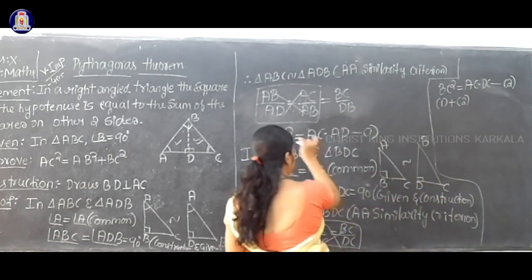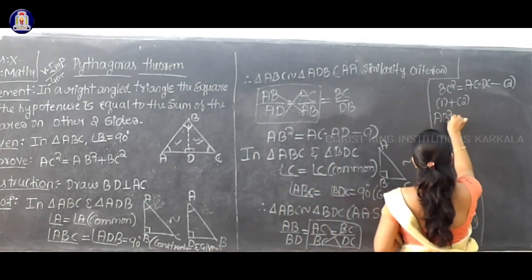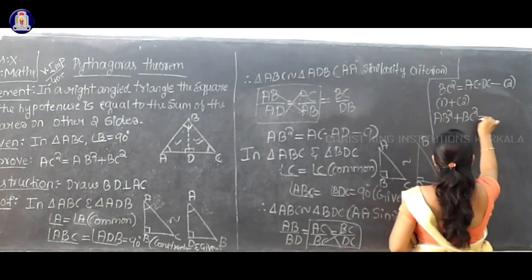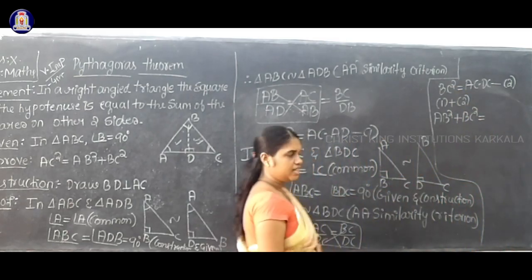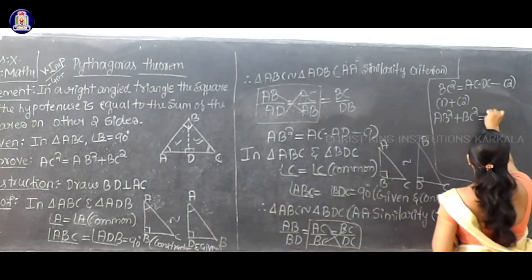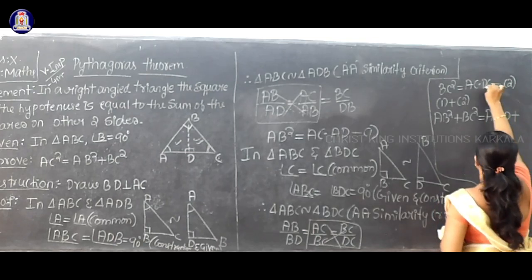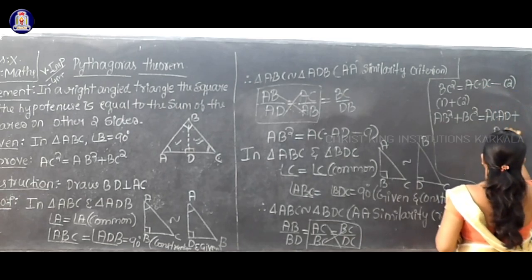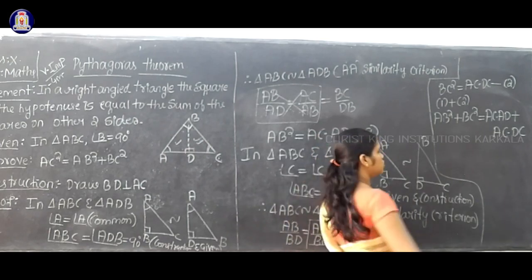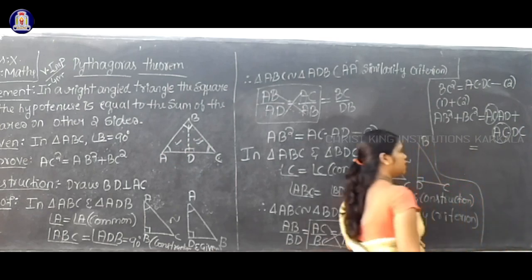Okay, so first write the left hand side. What is the left hand side? AB square, left hand side of equation number 1 plus left hand side of equation number 2, that is BC square. Now take the right hand side. What is the right hand side of equation number 1? That is AC into AD. Plus, what is the right hand side of equation number 2? AC into DC, isn't it? AC into DC. Okay, so now this is equal to, can you observe here, AC is a common here.